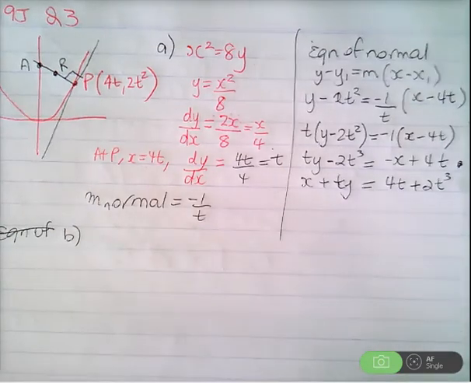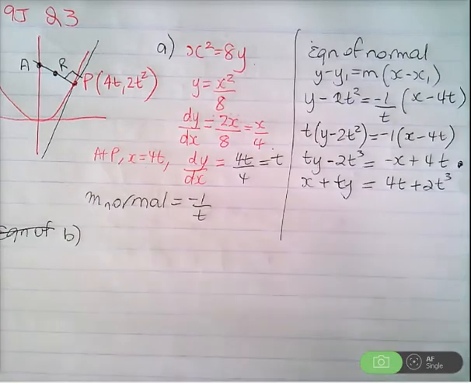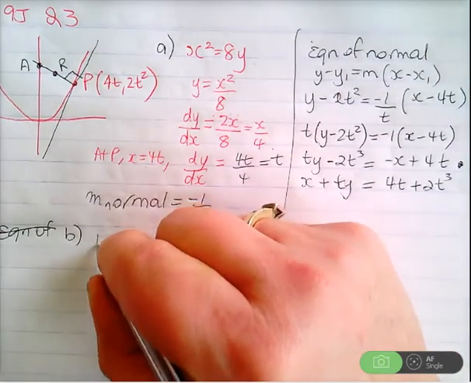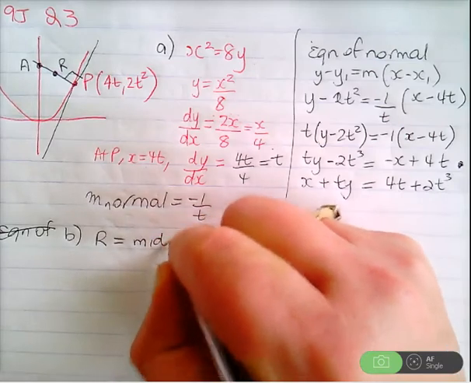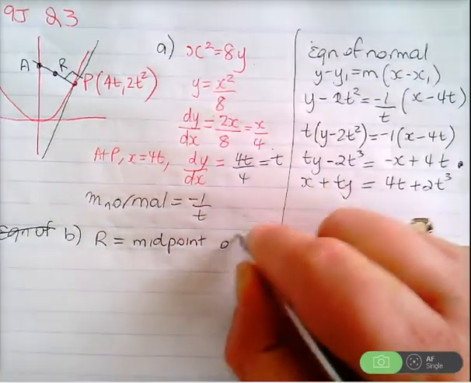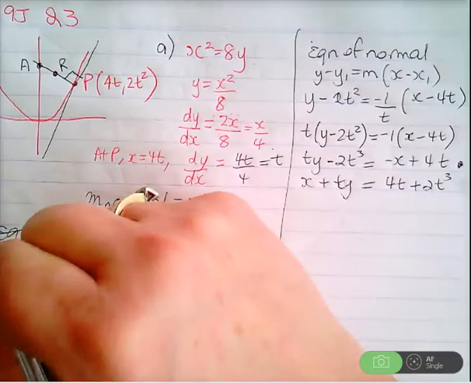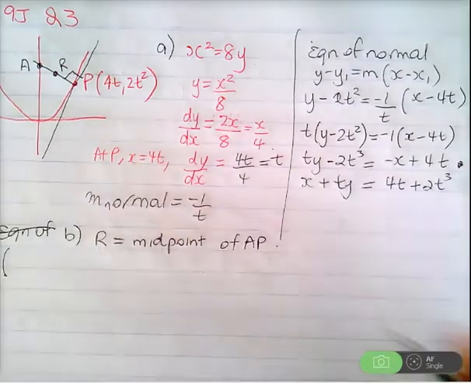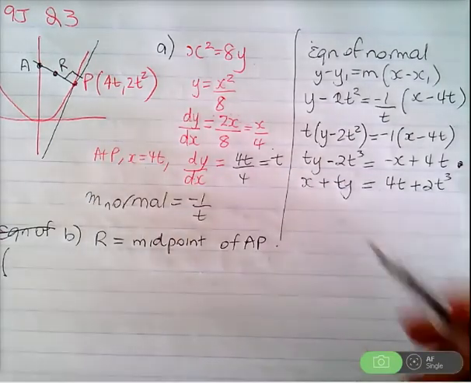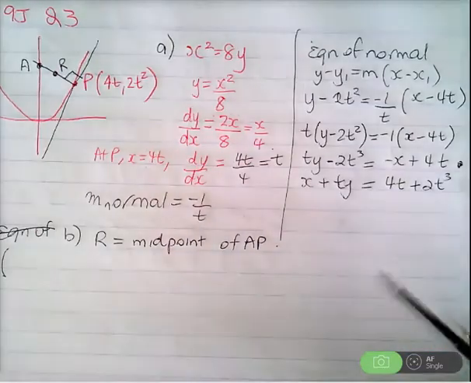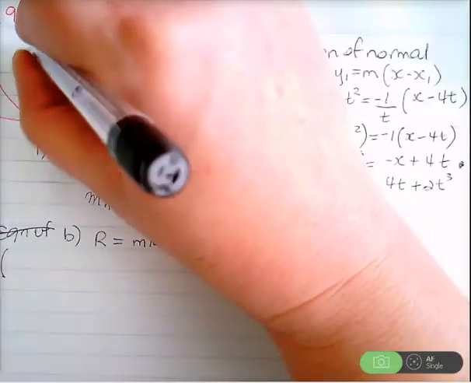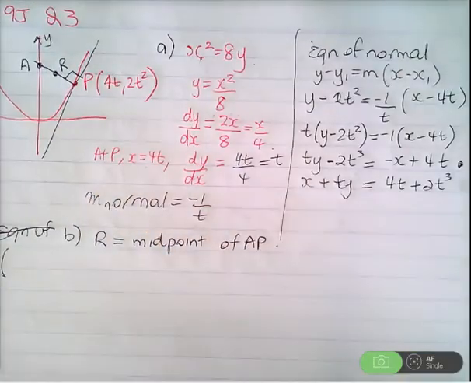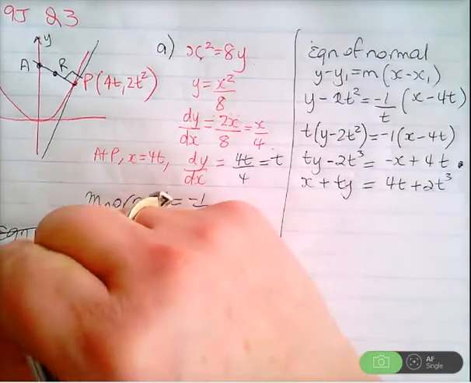Now show that R has those coordinates. Now what is R? It says R is the midpoint of AP. So R equals midpoint of AP. But do we know what A is yet? No. So A is a point lying on the normal, and it's on the y-axis, and all we know for y-axis is x is 0. So for point A,